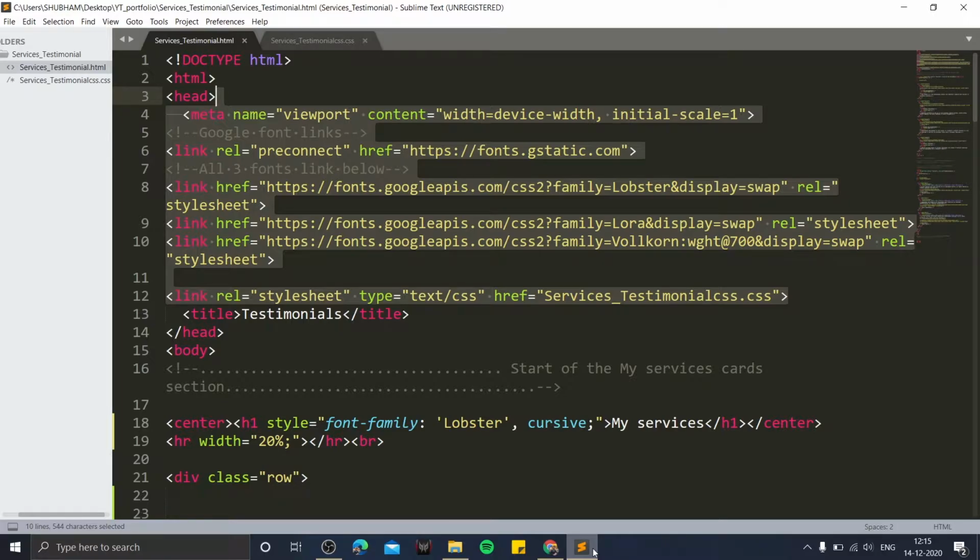Inside the head tag, you can observe we have included necessary links, which I have highlighted and about which I explained in the previous video. They are nothing but some Google font and CSS file links. Mind you that we are not using any external frameworks like Bootstrap etc., but just developing with pure HTML and CSS only. So let's now dive into our body section.